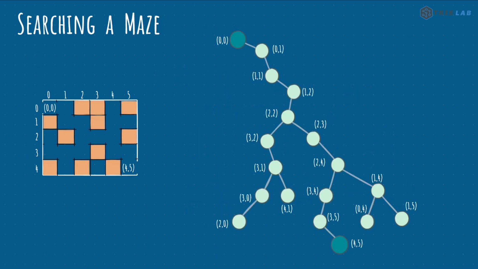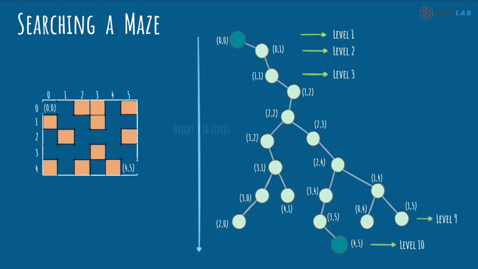A tree is a graph without any cycles, where every child node of a particular node is placed in the next level. So if you observe, the first node is at level 1, the adjacent nodes for that particular node are at level 2, and we order all the nodes in a similar way. So over here, the height of the tree is basically the number of levels. In this case, we have 10 levels, and each adjacent node is placed at its respective depth.